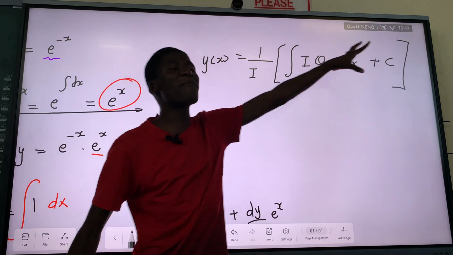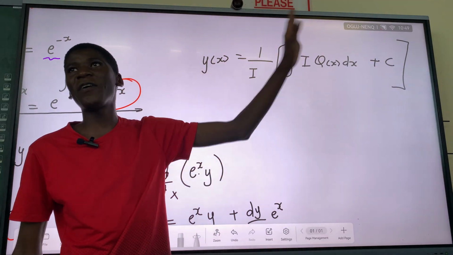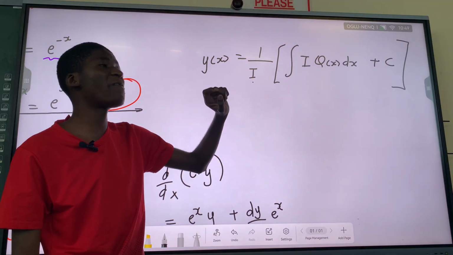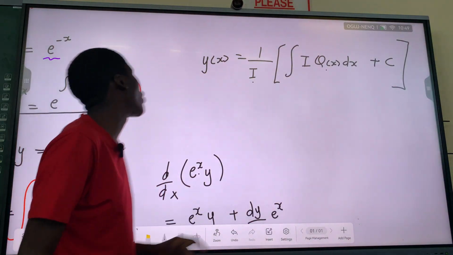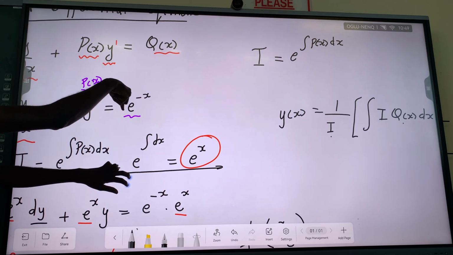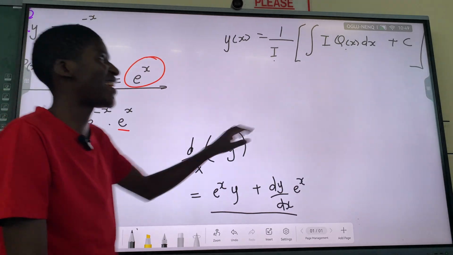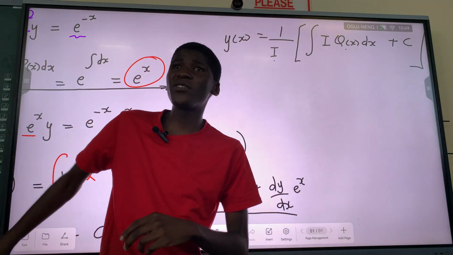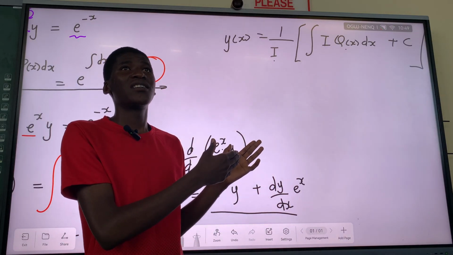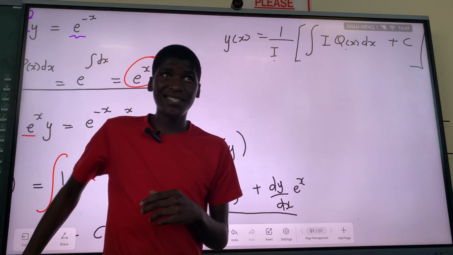is really one step. You can just take it as one step and get your y. To get your y, you need the integrating factor. What is Q at x? It is this side, this side here, you see? So you just integrate it. It is the same as what we did, it's just that you do it in one step instead of multiple steps.